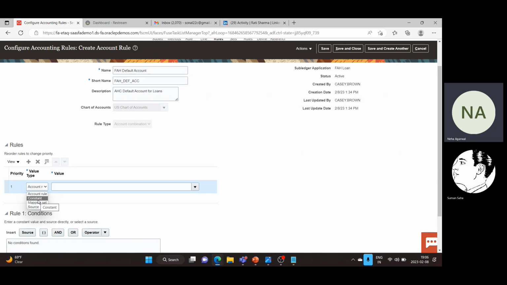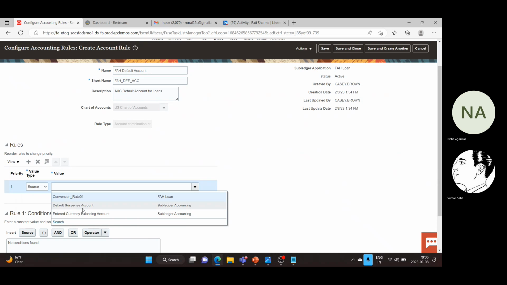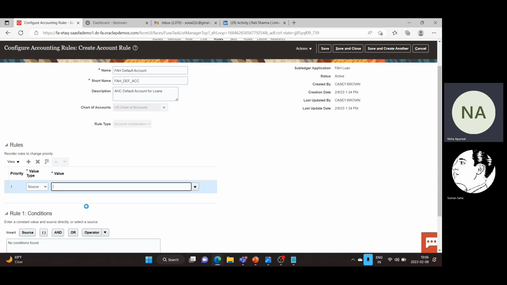Here I will give the source information, source. See, in the value type also you can have four values: accounting rule, constant, mapping set, and the source. So these value types will be returned. I have selected the source. Here I can give the value. So this default suspense account from the subledger accounting will be the value that will be picked up